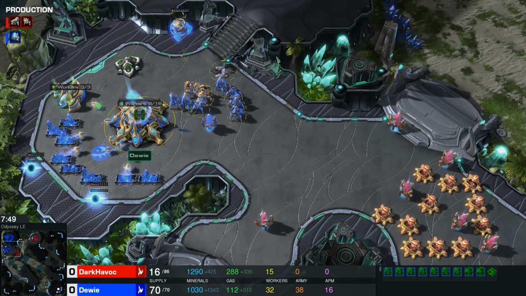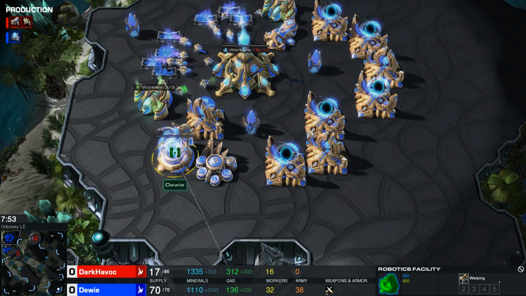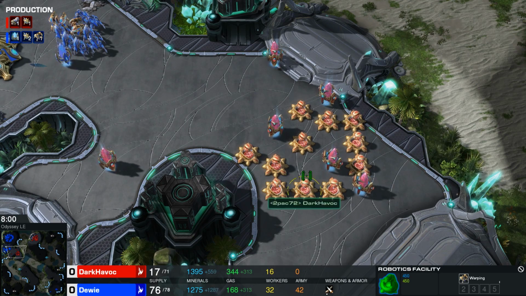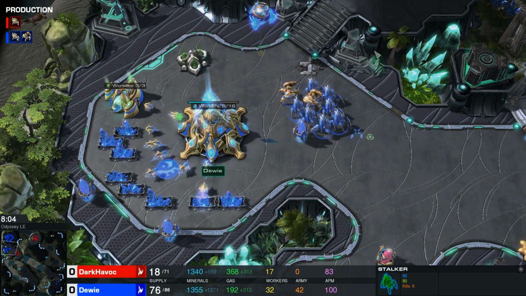The fact of the matter is, however, that once you get enough Immortals out, and he's currently a little bit supply blocked, so he's currently adding on a couple of pylons here as well. But if he gets enough Immortals, like say 4 or so, they're just simply gonna power through all of these pylons. Another mistake that Dewey could potentially make, however, is just simply attacking all of...